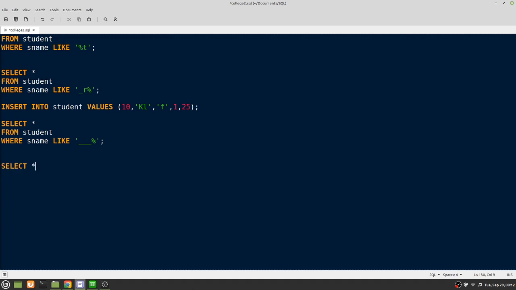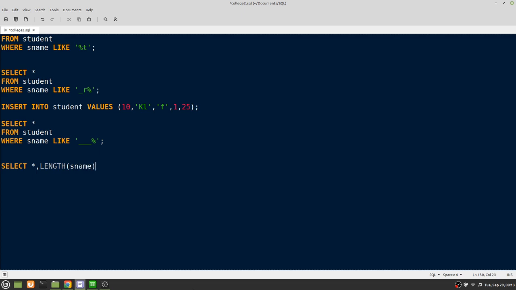Select star, comma, star means all columns. I want to get another column which represents the length of student name. This can be written like LENGTH, and within brackets the column name which represents student name.